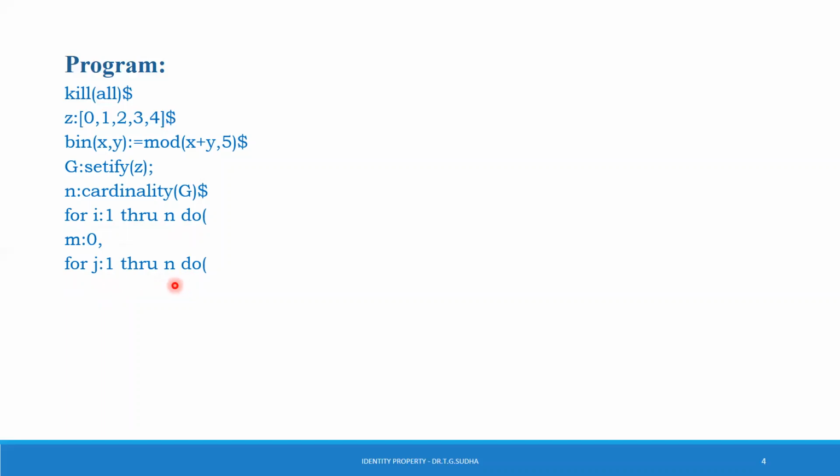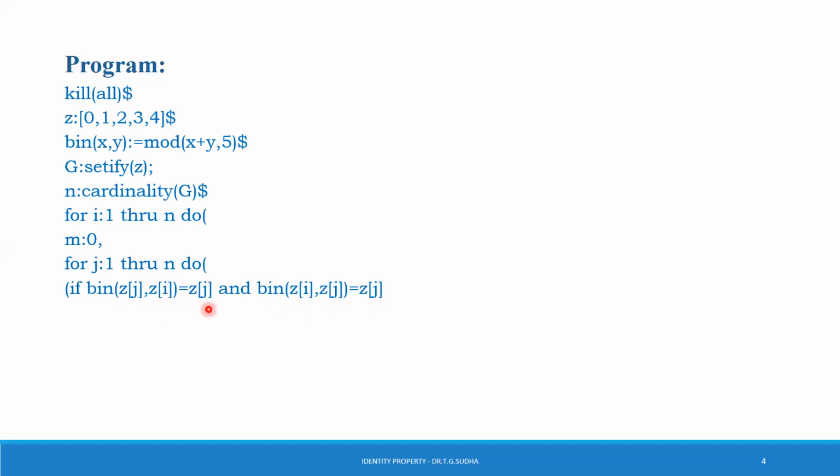If bin(Z[j], Z[i]) is equal to Z[j] and bin(Z[i], Z[j]) is equal to Z[j], so it is similar to a star e is equal to a and e star a is equal to a.